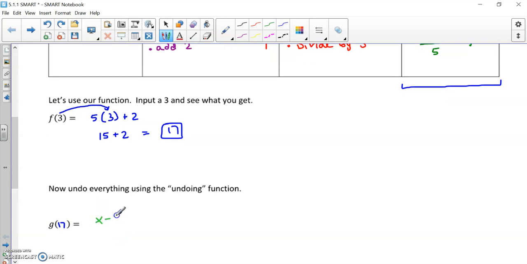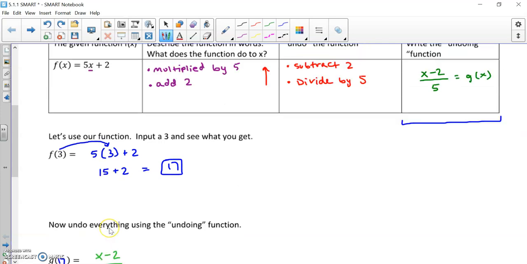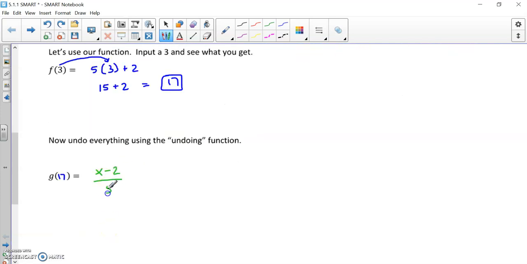In fact, let me rewrite that equation so we know what we're doing. Instead of x, we're going to write 17, because that's what we're using from the last answer, and we're going to keep the rest of it the same. When we calculate this, we get 17 minus 2 is 15, divided by 5,